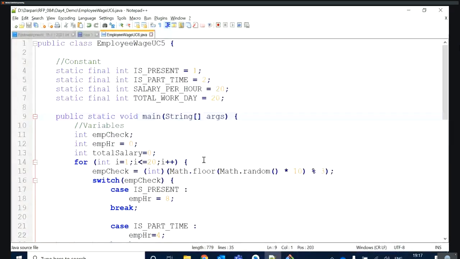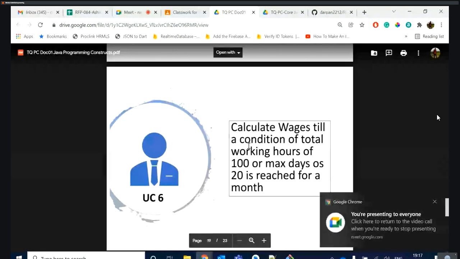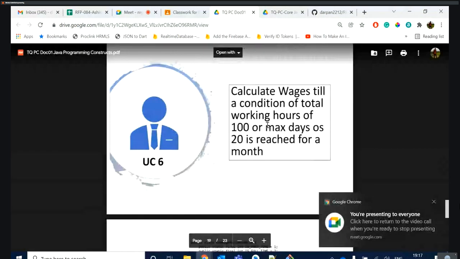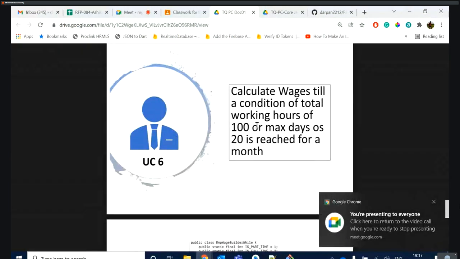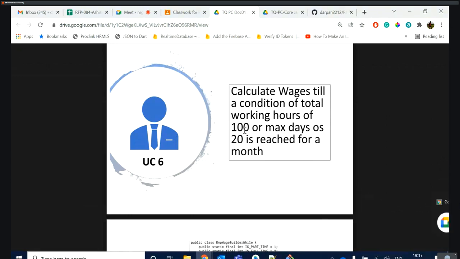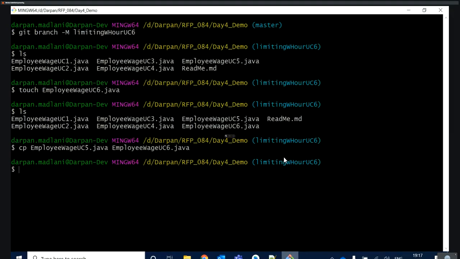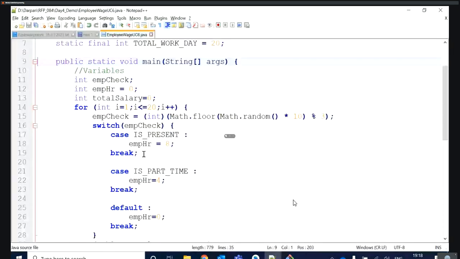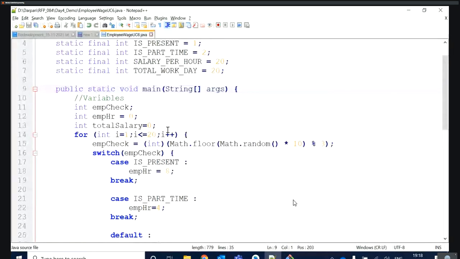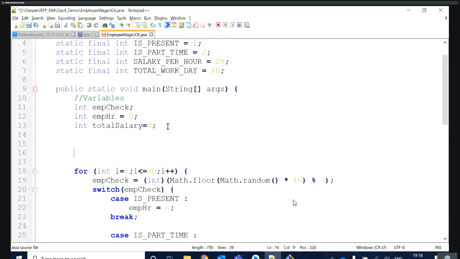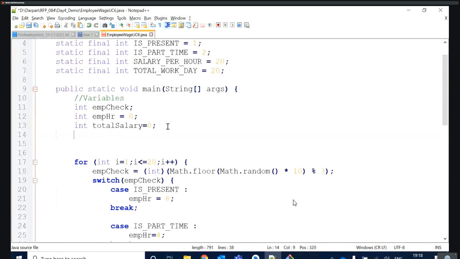Now, what is the condition? Keep your total working hours maximum of 100 and max days as 20. So with the for loop, we cannot program that. So what we will do, we will have a while loop here, and here I will keep the condition